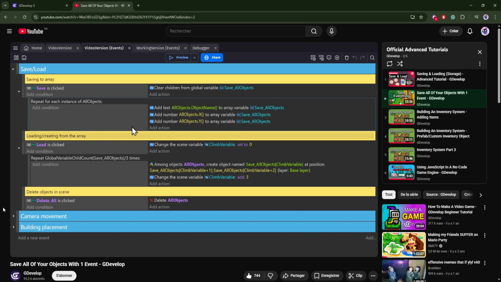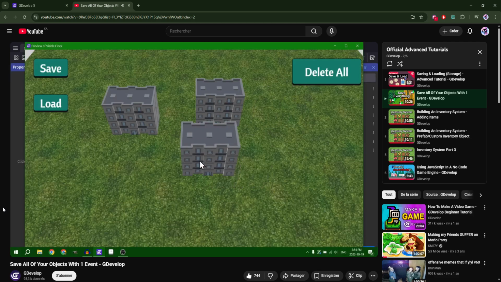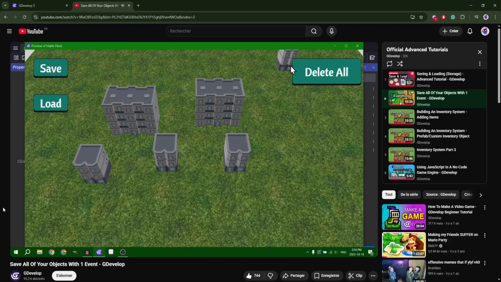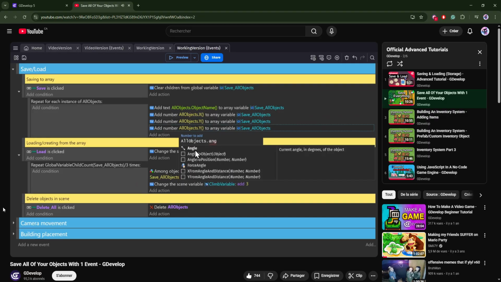So here I have a little game example where I can place buildings, save it, get rid of them all so they're gone, and then load them back in. And that's all being done with just these little events. And the reason that I like this setup is because I can add whatever I want to it and still have it work. So if I wanted to add the angle of all objects, for example,